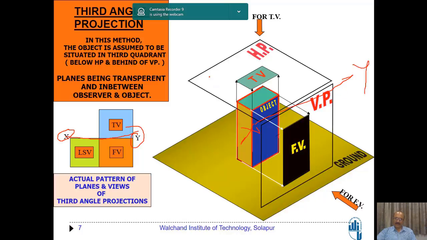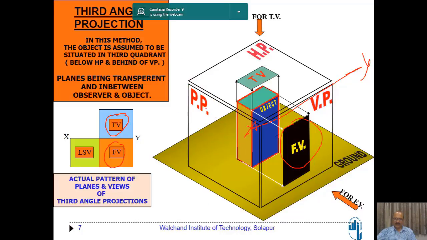This same XY line, we are going to tilt this horizontal reference plane in this way. This means the top view is coming above the XY line. That is what we have located here as the top view diagram. And this front view is coming below this XY line, the reference XY line. That same diagram we are going to represent here in two dimensions. This is the front view and this one is the top view.